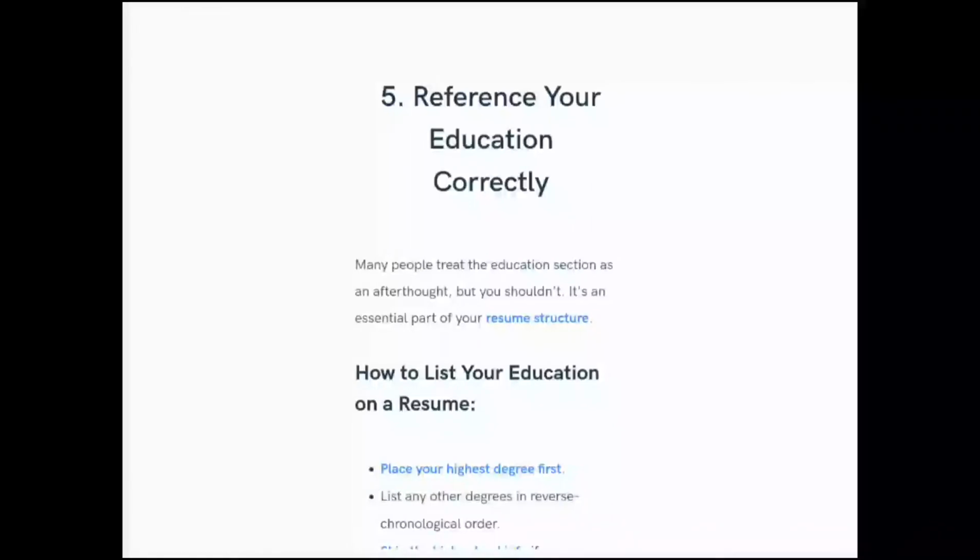And reference your education correctly. The education section is all about your qualification. Either you have done your 10th, 12th, or diploma or ITI, whatever it is, followed by your undergraduation, and if you have done post graduation and any other certificate courses, that also can be included in this particular section. So reference your education, stating from which year to which year, on what basis you have been evaluated, either CGPA or percentage, and from which university, college or school. All that you can give a structure, and then you can highlight. So again you can note